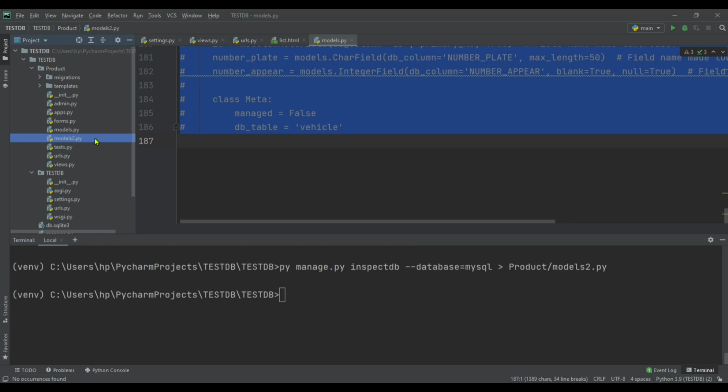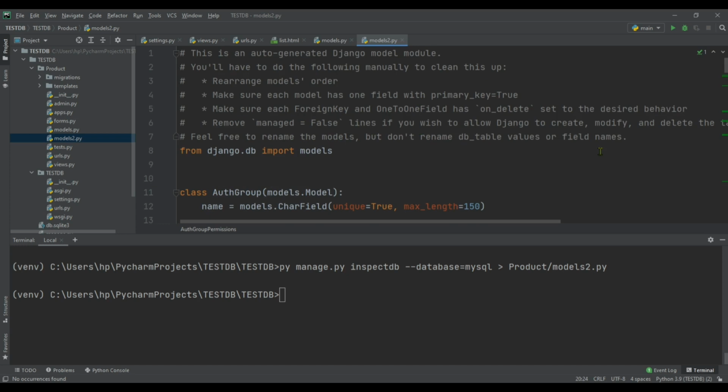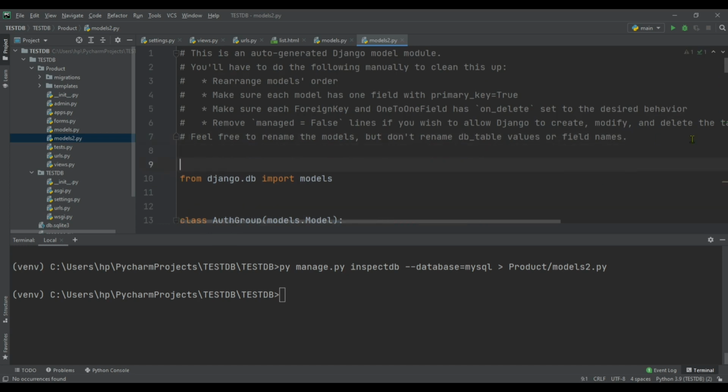We can see models2.py file is created. Open this file. This file contains tables from MySQL DB. Save the file, but we must follow the rule.